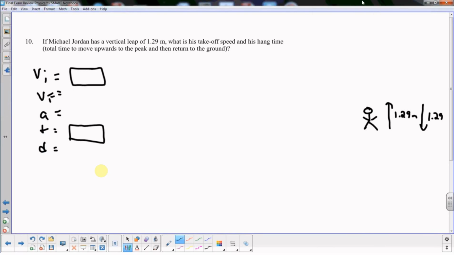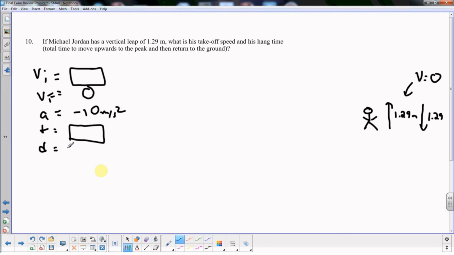If Michael Jordan has a leap, so here's what we got. We're looking for the initial velocity and the time. We know one thing. Up here, when he comes up, our velocity is 0. We know the acceleration is -10 meters per second squared. All right, so here's what we can do. VI, VF, A, and we have a D of